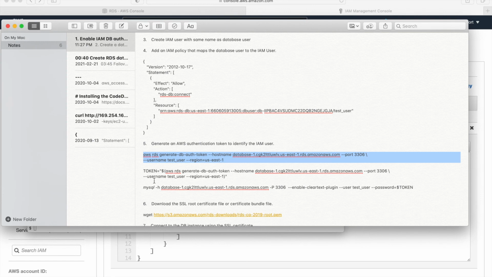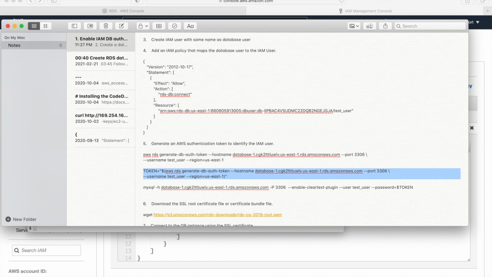But to use that, it is cumbersome. So what we are doing is setting it up as an environment variable, token equal to the same command we just used, but it will put that token in this particular token variable, and we'll use that for the next command to connect to the database. So let's do that.